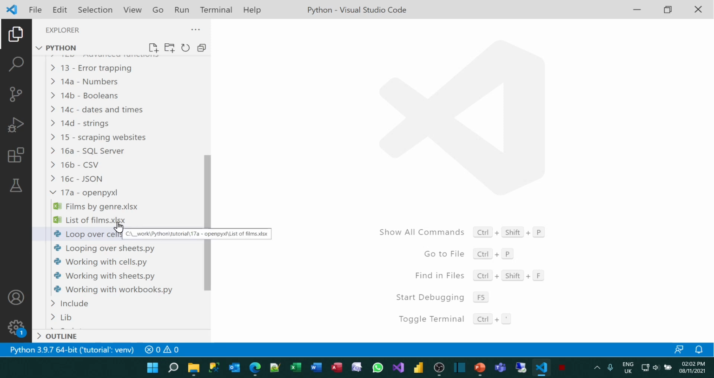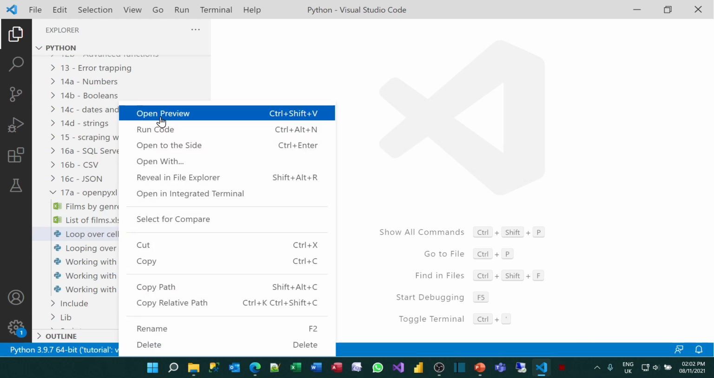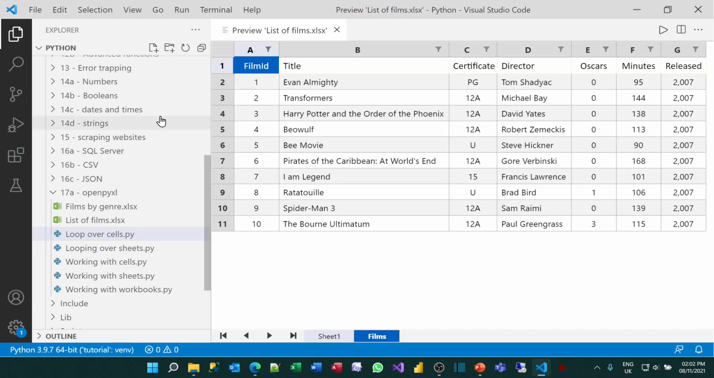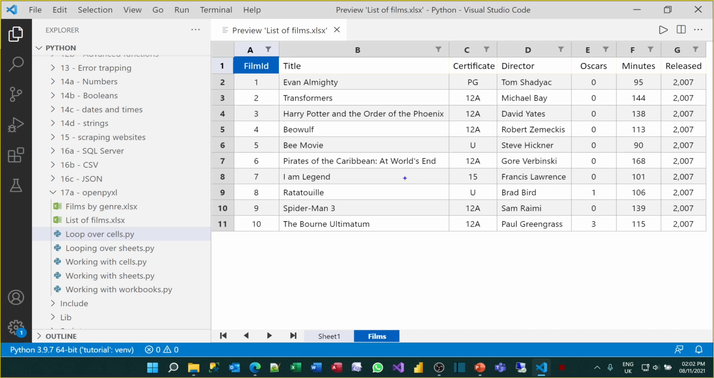So there's a file called listoffilms.xlsx, and if you right-click on that and choose Open Preview, you'll see our list of films. What I'd like to do is get a list of each film given the title and how long it lasted. So we'll get Evan Almighty lasted 95 minutes, Transformers lasted 144, and so on. And that will keep going until we get the Bourne Ultimatum, which lasted 115 minutes, and that will be the end of it. One way to achieve this is to loop down this block of cells from A2 down to